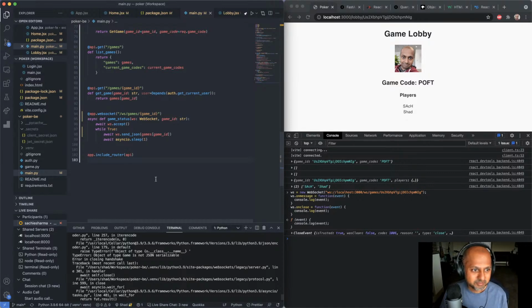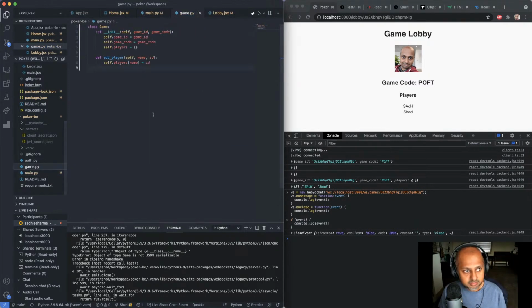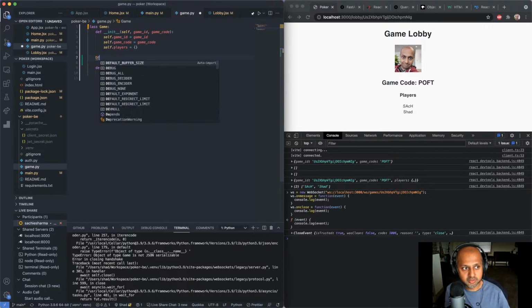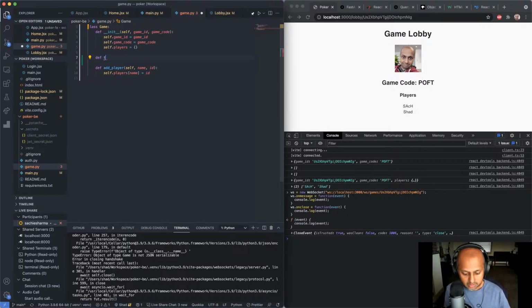Wait a sec. What does that mean? Yeah, that's a good question. So we made a game object, this guy over here, but nothing converts this game into JSON yet. But we had a lot of things that were doing a great job of converting things to JSON. But fine, no big deal. We'll just do this. Def to JSON